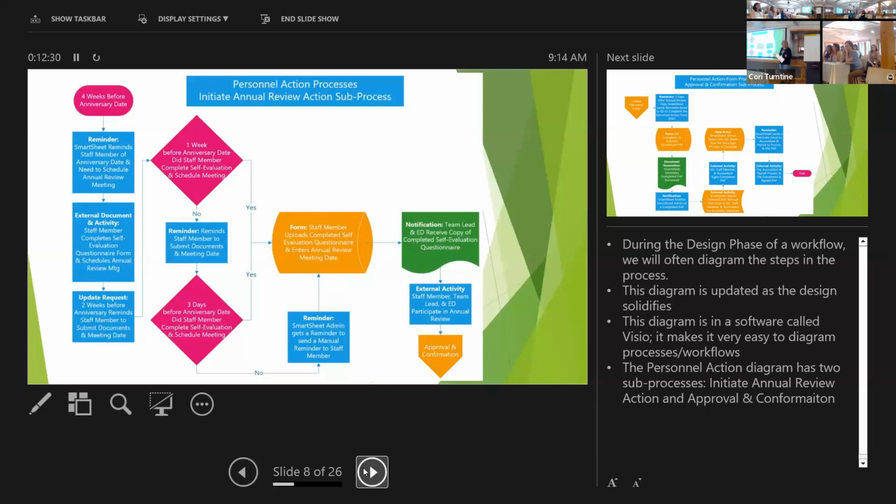What we do when we're working on a workflow is we actually diagram the process. This happens to be a diagram at the end of the process. So this is the way it looks now with the Smartsheet workflow, but we'll start with what we'll diagram. What is the current process? And it used to be,